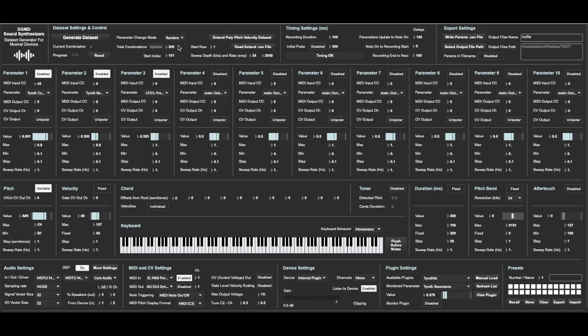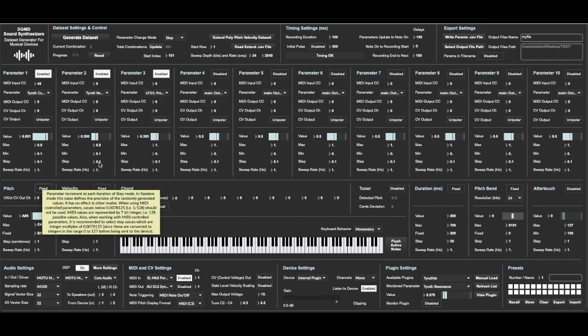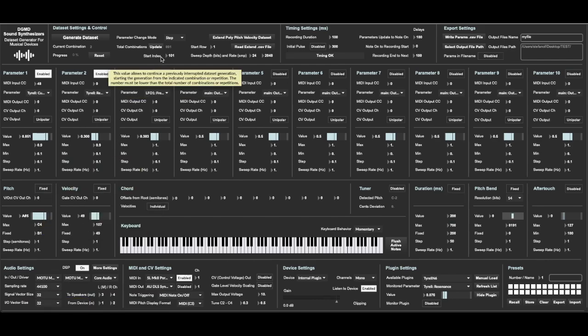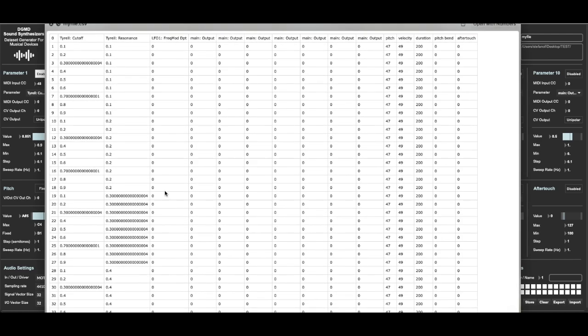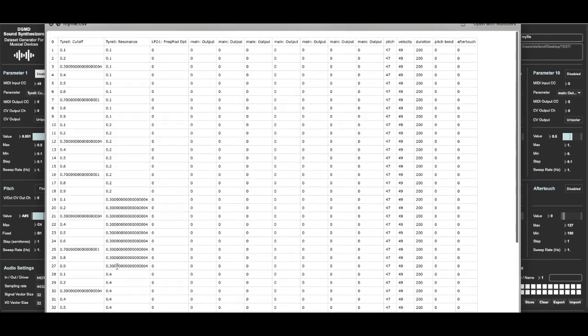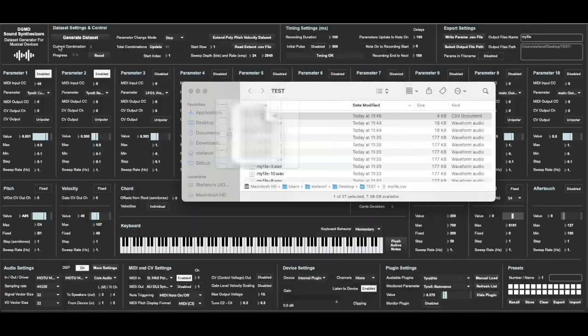For the step mode is even more interesting because let's click on update. Okay, still quite a big number. Let's go back to something reasonable. Okay, I want to disable this. Okay, 81 different combinations at the moment. So these are all the combinations that are considered, and in this case it can be quite handy, especially if you're